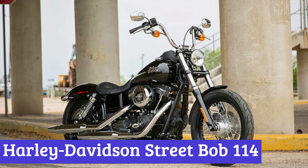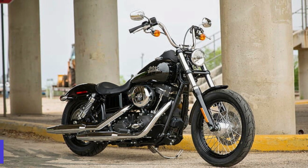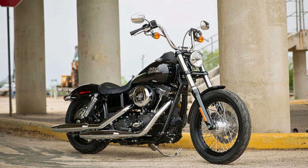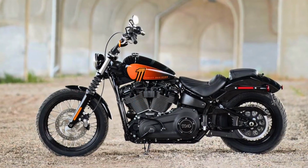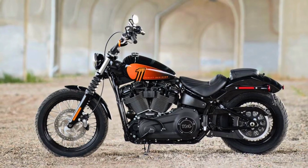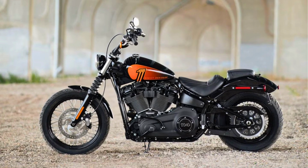Number 5. Harley-Davidson Street Bob 114. The Harley-Davidson Street Bob 114. A mean, blacked-out bobber that's got the heart of a lion under its gray exterior. This bike isn't just any softail. It's the lightest of the bunch, packing on the Milwaukee 8 114 engine for a ride that's quick, nimble, and